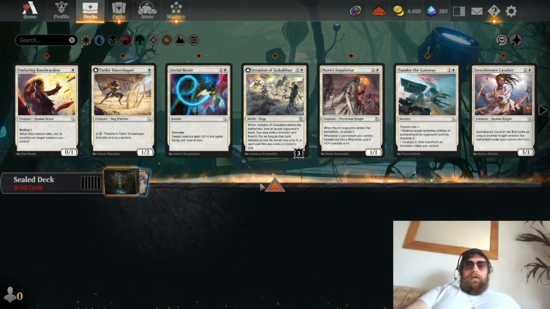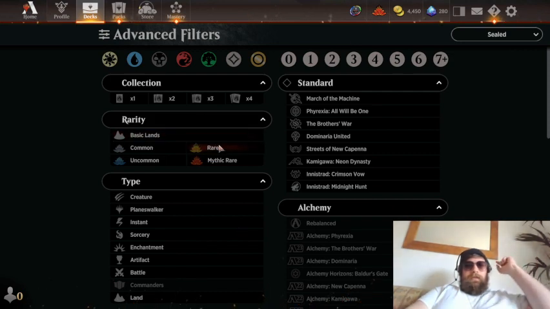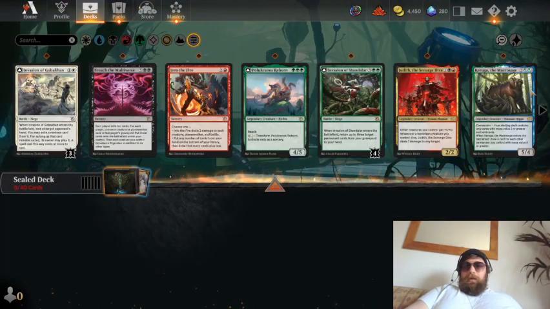So I've just opened a sealed pool on Arena. Normally it will show you 6 of your rares. In this set you can get more than 1 rare per pack. Unfortunately you won't see that bit because I've skipped past it accidentally, but the first thing that I like to do is go to filters, filter by rare and mythic rare, and then we can see